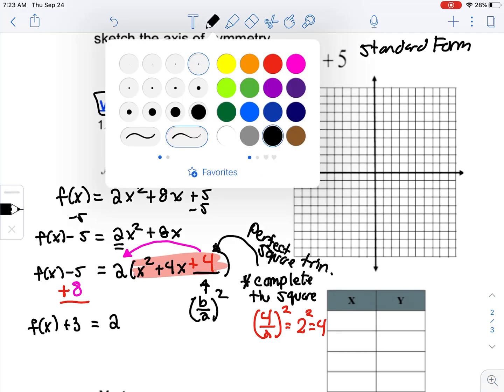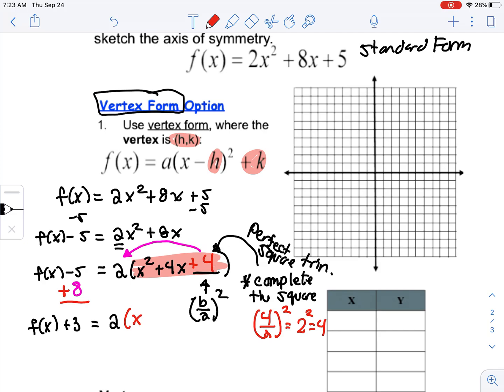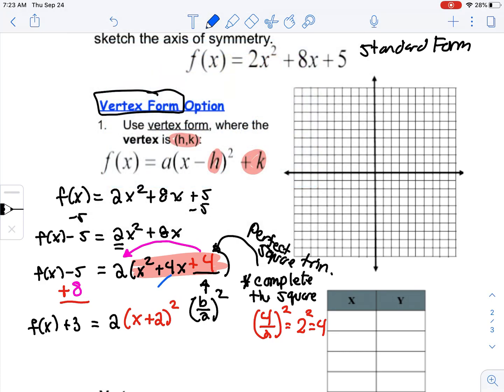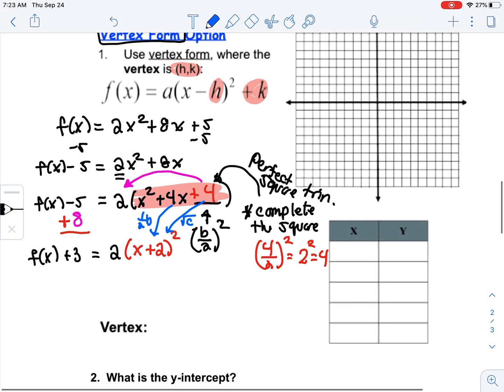Remember, that's what this is. A perfect square trinomial can be factored into a quantity squared, and the value that's going to go into this quantity you can come up with 2 different ways. Some people say that it is half of that b value, or you could say that it is the square root of that c value. Okay, so now it's starting to look more like this.